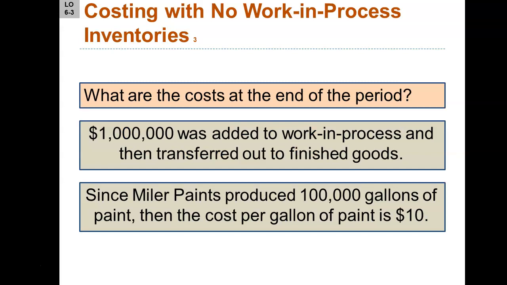What are our costs at the end of the period? What are we going to be adding to our work in process? What do we take out to come up to our ending balance? Again, these are assets to an organization. Your work in process, your raw materials, your finished goods. These are all levels of our inventory, little subsets of our inventory. And at the end of the day, the number that's the total inventory is going to flow over to the balance sheet. But again, these are assets to the organization, and we need to track the flow of those costs